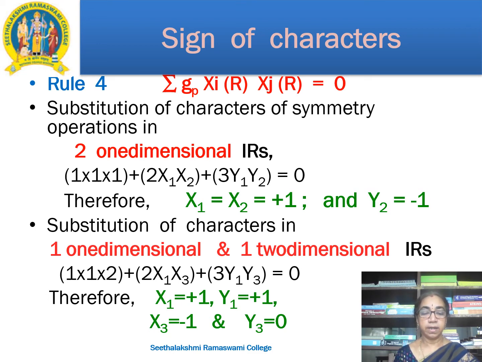That is, the characters of the identity symmetry element in the three IRs, the characters of the C3 symmetry element in the three IRs, and the character of the sigma V symmetry element in the three IRs have been found out. Now, in the second class, we have two C3 elements. So, how to find out the character of both the C3 symmetry elements? Similarly, the problem is what is the character of the 3 sigma V symmetry elements present in the third class, whether they are equal or not.